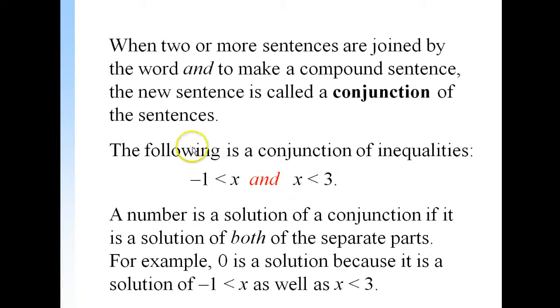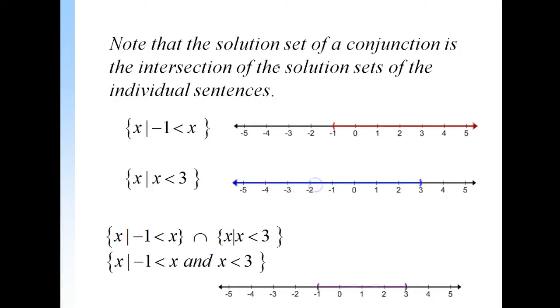Now notice that -1 is not included in the set, and 3 is not included in the set. And they're going to show us some information about this, that if we were to graph this on a number line,